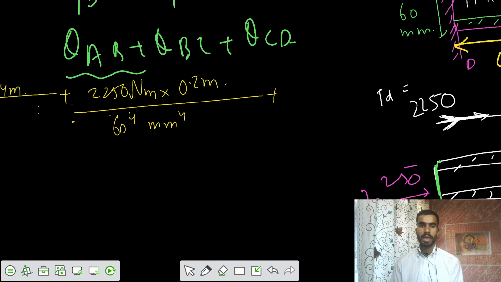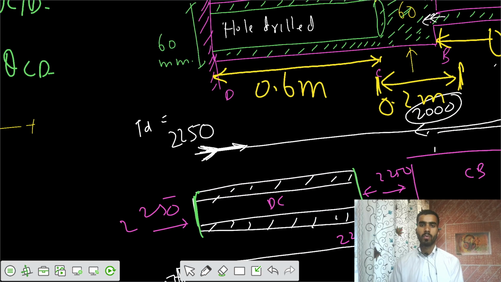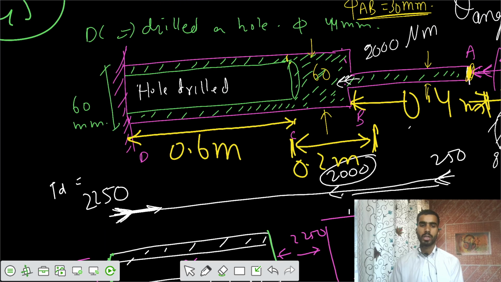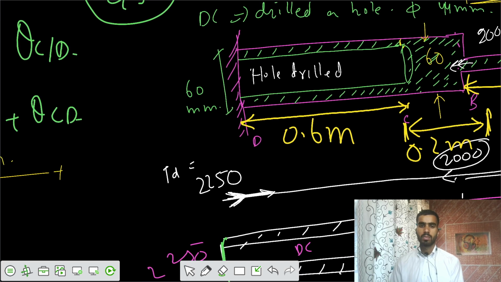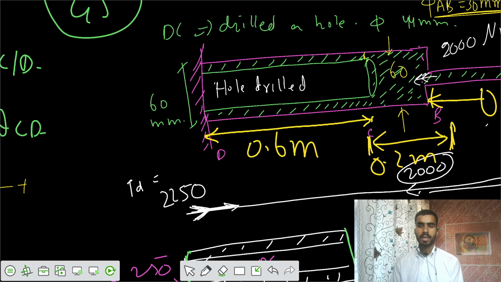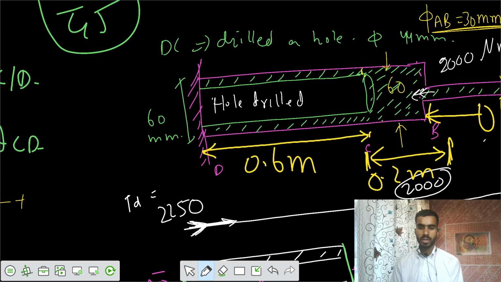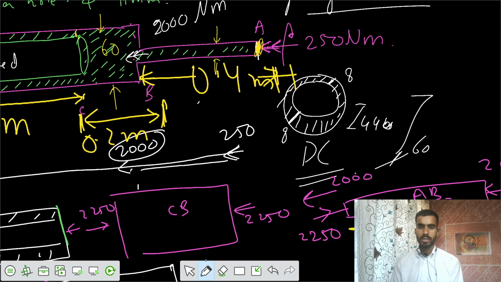Plus for the part AB, we have a hollow section. That is 60 minus, what is the inner diameter? If I have this hollow section, what is the inner diameter? Outside diameter, we can say d outer would be equal to 60, and d inner equal to 44, 60 and 44,